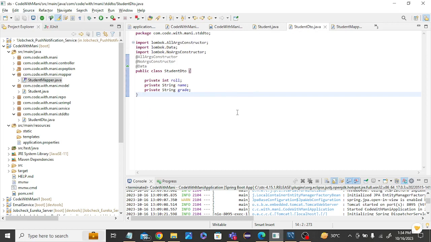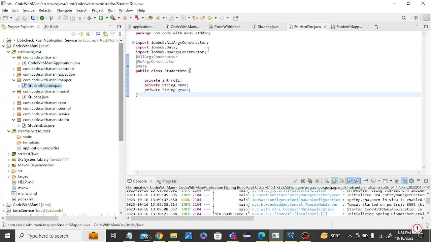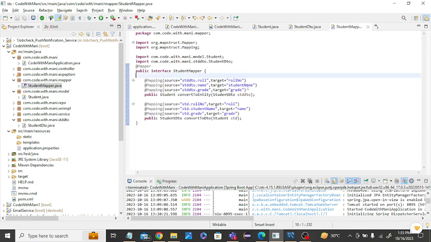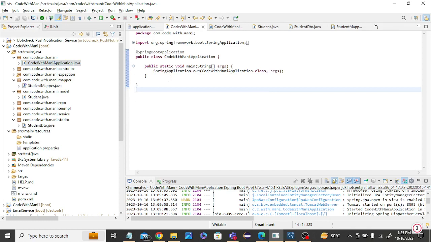Save is done. So after that, what do we have to do in the main class? See, we created the student DTO, and we created the mapper class also. Mapper class has been done. Then we have to add, inside the @Bean, the bean configuration for the mapper class. For that we have to write